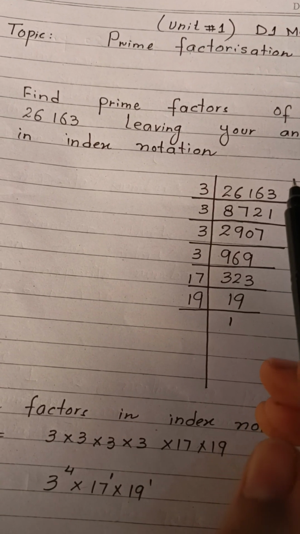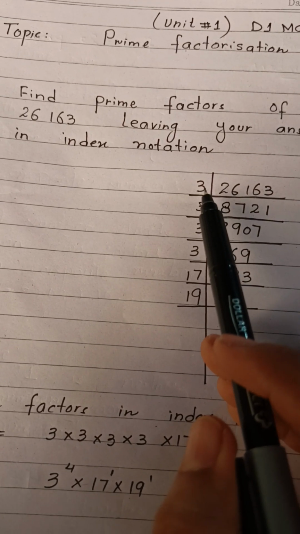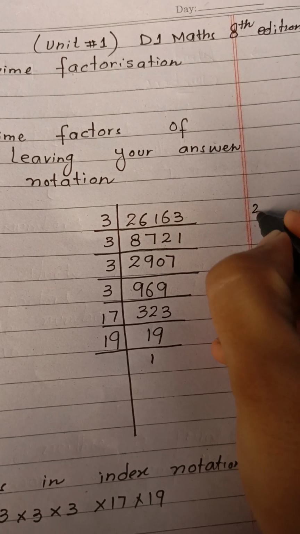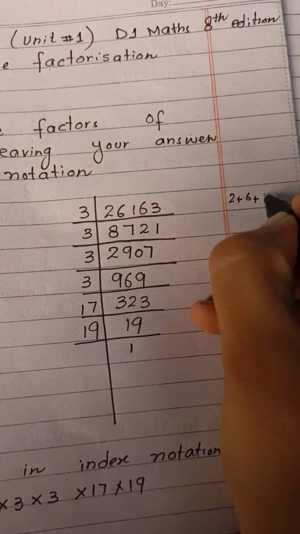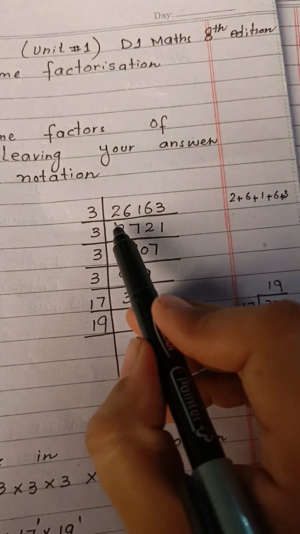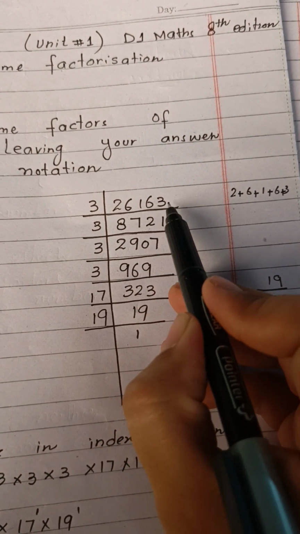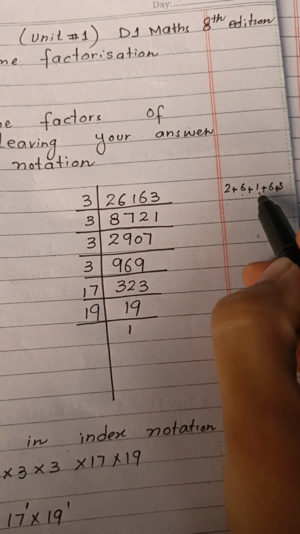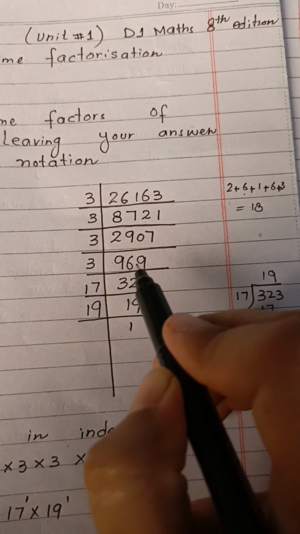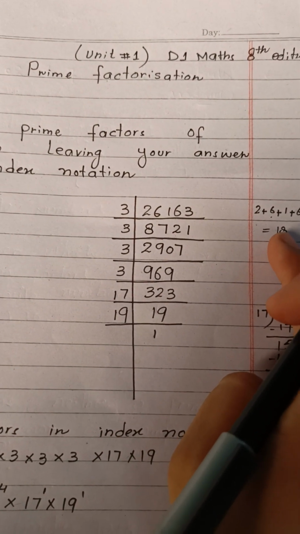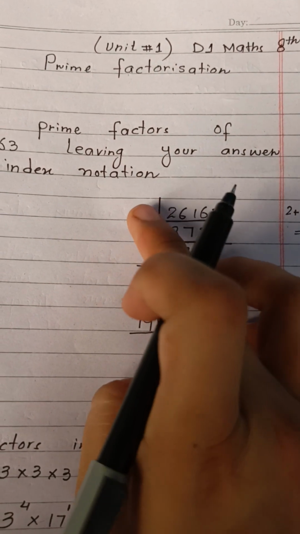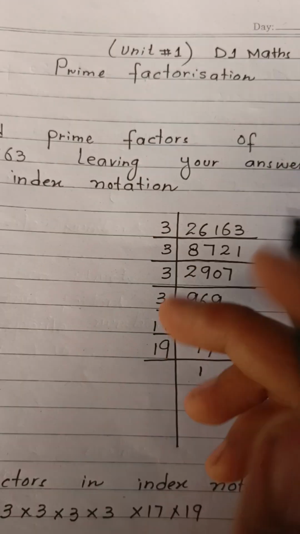So after 2 the next prime number is 3. What is the rule for 3? You all know. You have to take the sum of the digits: 2 plus 6 plus 1 plus 6 plus 3. I am checking the rule for 3. 6 and 2, 8; 8 and 1, 9; 9 and 3, 12; 12 plus 6, 18. 18 is divisible by 3 because we know 3 6 times 18. It means this number is divisible by 3. Clear? So I have taken 3,